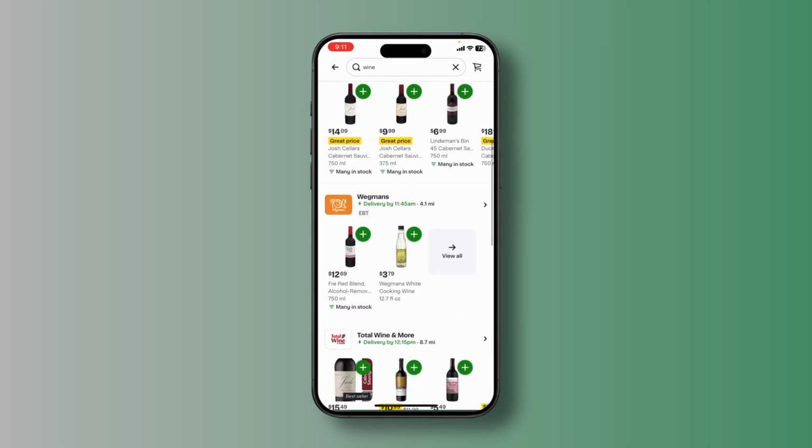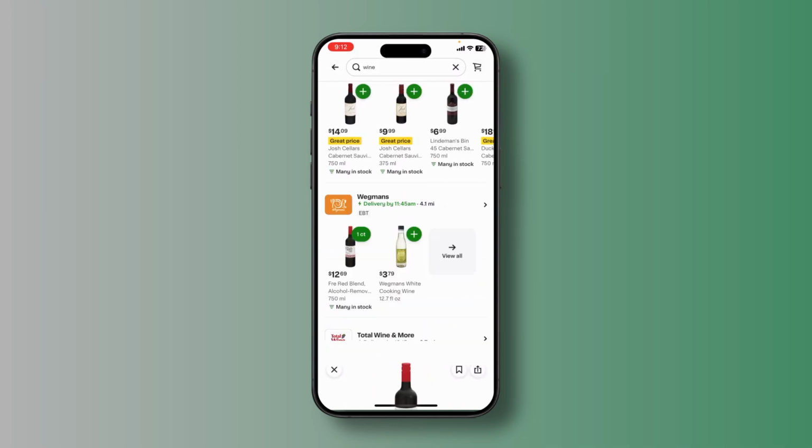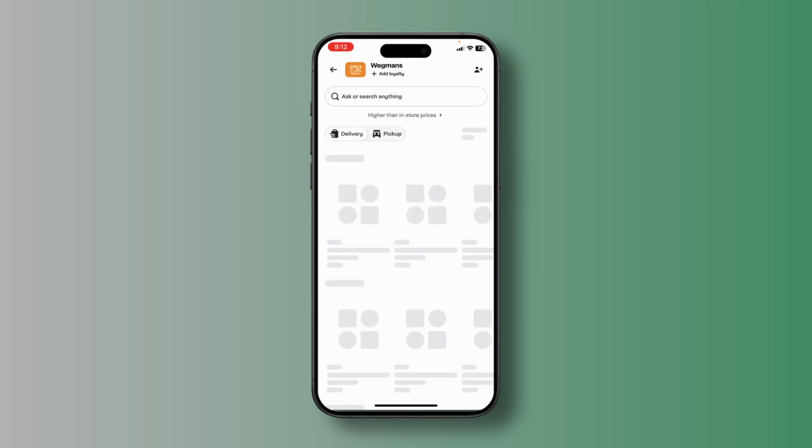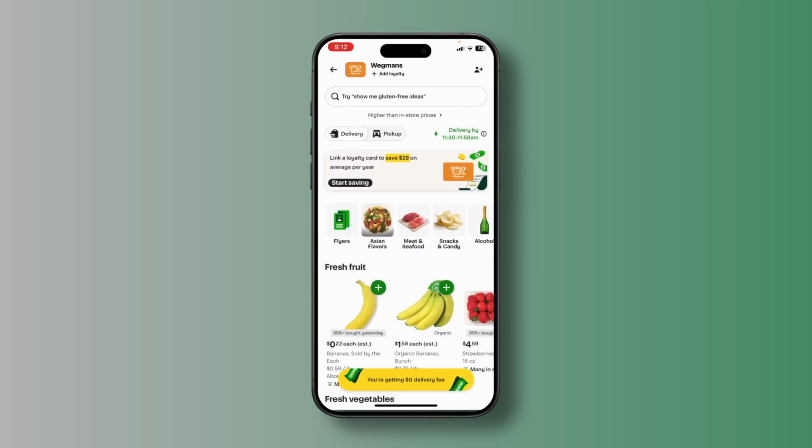You can just scroll down, then tap on the product, where it opens the product page. Within it, you will see the product details like its size, price, as well as the available quantity. In order to add to your cart, please make sure to tap add to basket, where it will successfully add the product within the cart, and you will now be redirected to the shop page, where you will be recommended